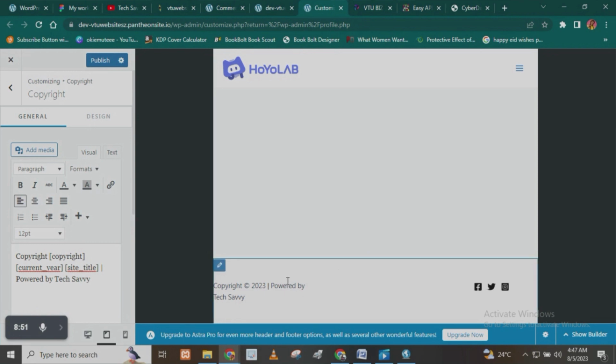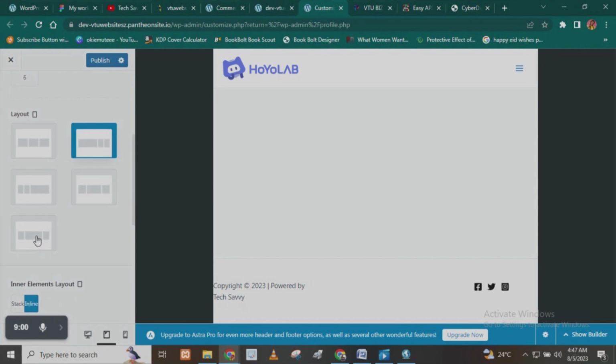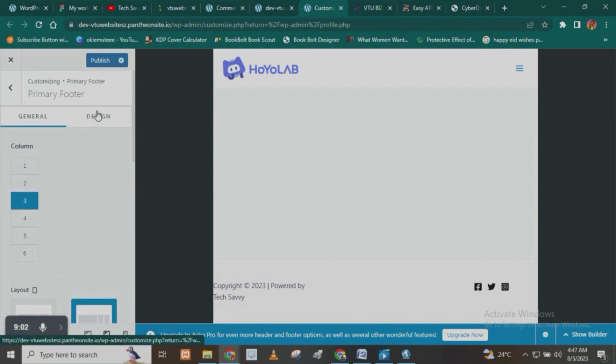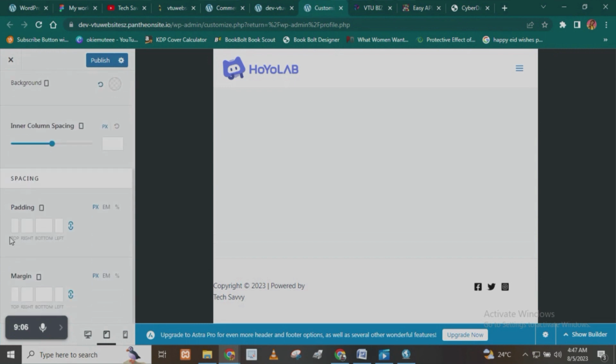Okay, and then you see option for this particular one. Also make sure you add your URL. Another thing I want to do is to add spacing to this column you're seeing here. Come back here to my design, and I'm going to look for where I have my padding. So I'll say padding should be